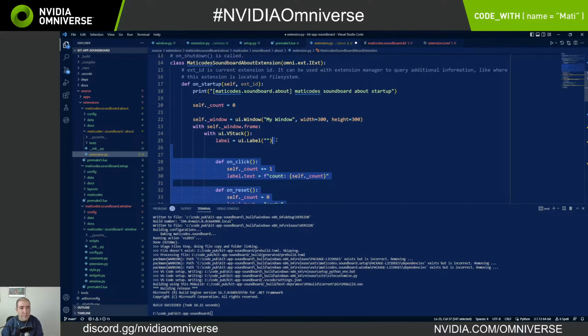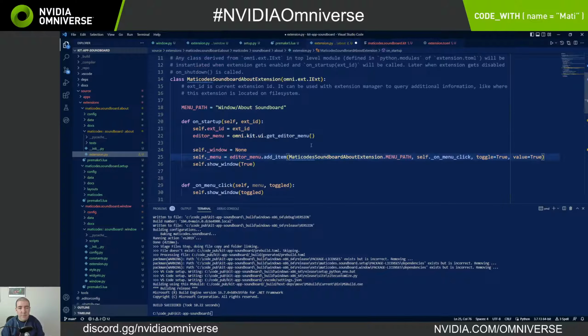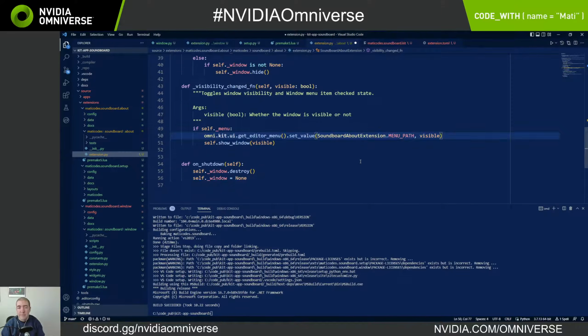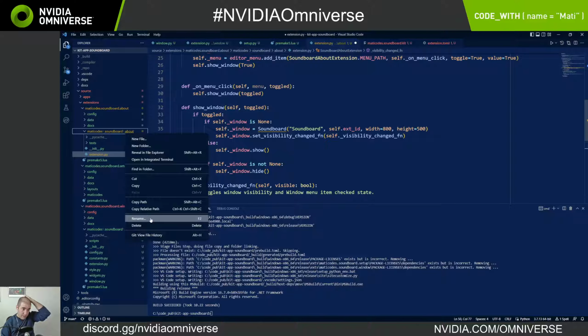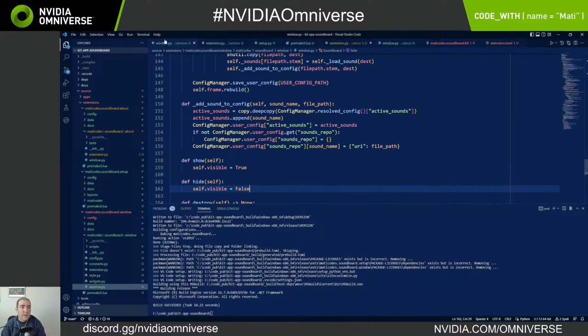So now theoretically, this one has a much better auto named extension class. Though I don't like my name in the front of that. Cool. All right, let's add a window here. New file. Window.py. And I suppose